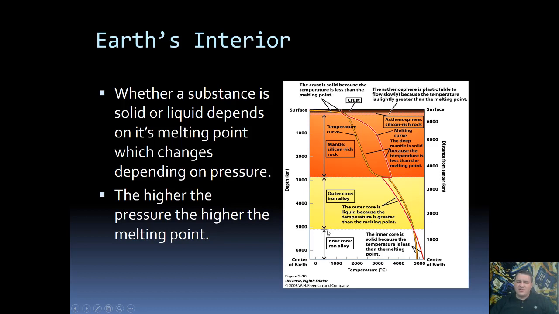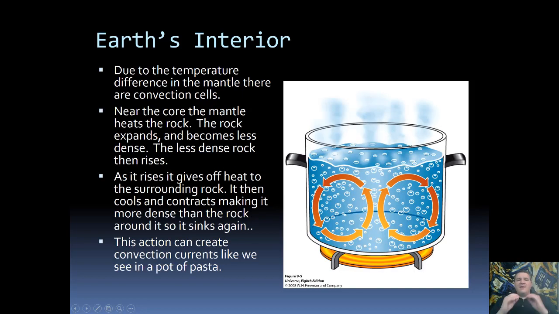Then, as we transition from the inner core to the outer core, the pressure decreases enough that although it is cooler, it is actually a liquid. Now, because of the temperature differences from the bottom of the outer core to the top of the outer core, and then also the temperature difference from the bottom of the mantle to the top of the mantle, this can actually create convective cells. Now, we've mentioned convection previously, but as a review, the idea is that we have some